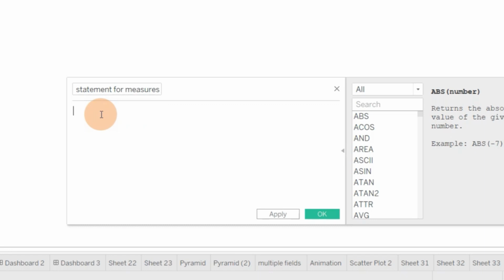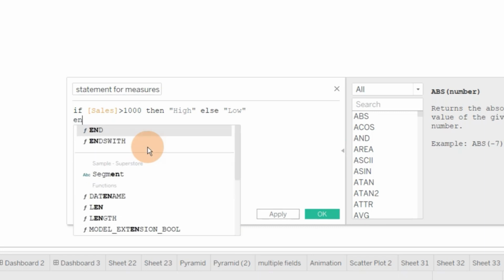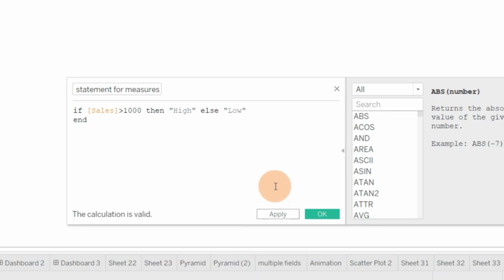So for that I will start my if statement. I will start writing sales. I will get my sales field above and select it. If sales is greater than 1000, then I want to return the value called high, else I want to return low, and then END. Okay, my calculation is valid.